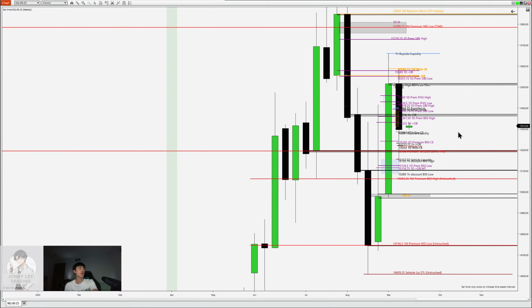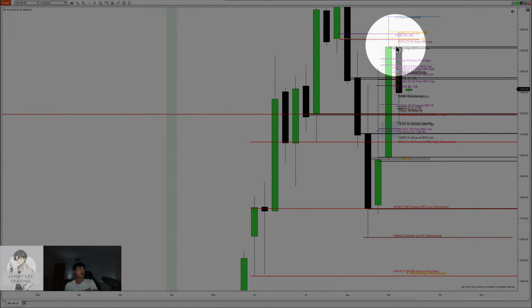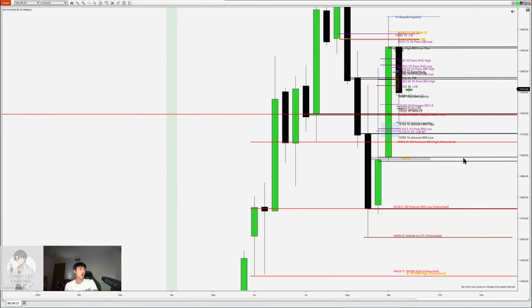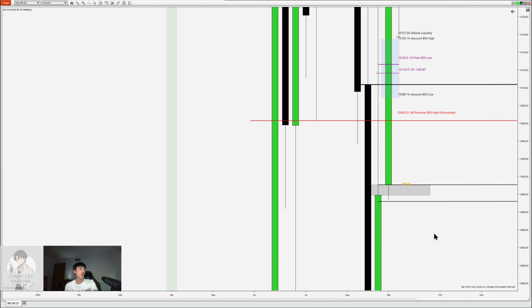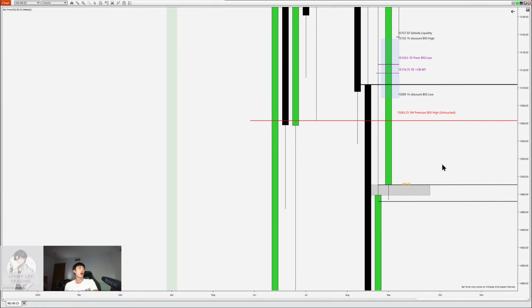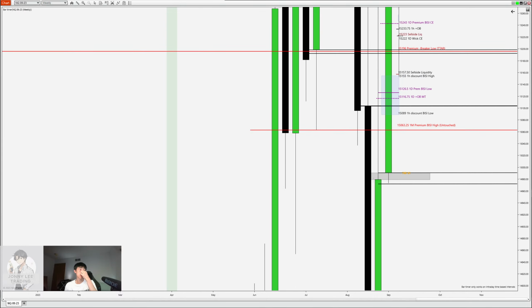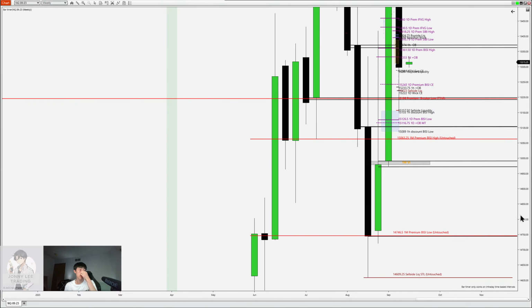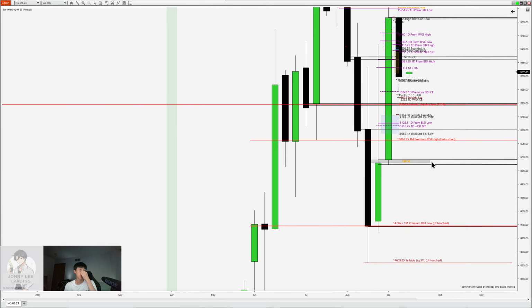There's no real other signatures within this price action that lead me to believe that there's any weekly draw, except for this volume imbalance down here. So that's why I think that if we are bearish, this weekly draw will draw down to there,